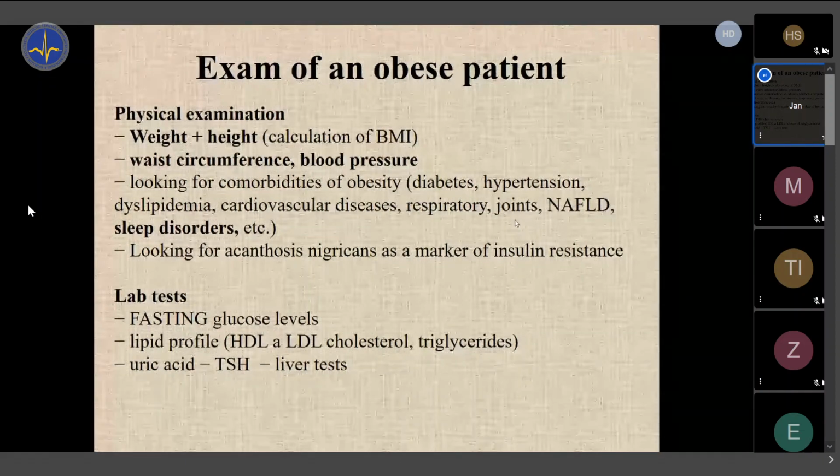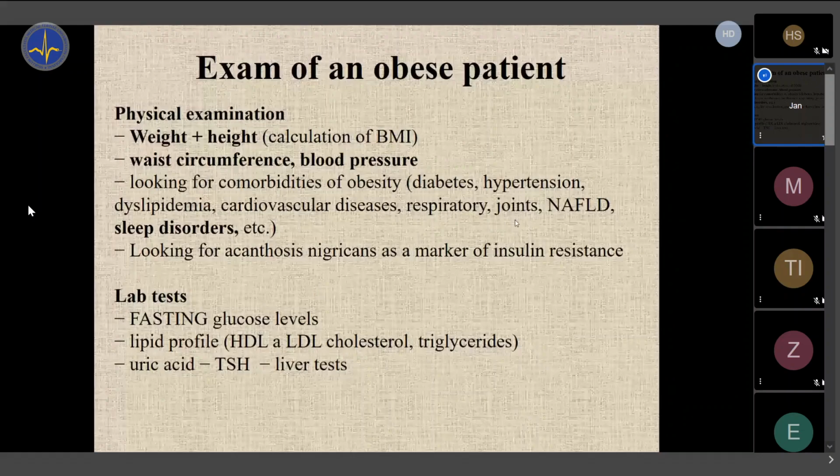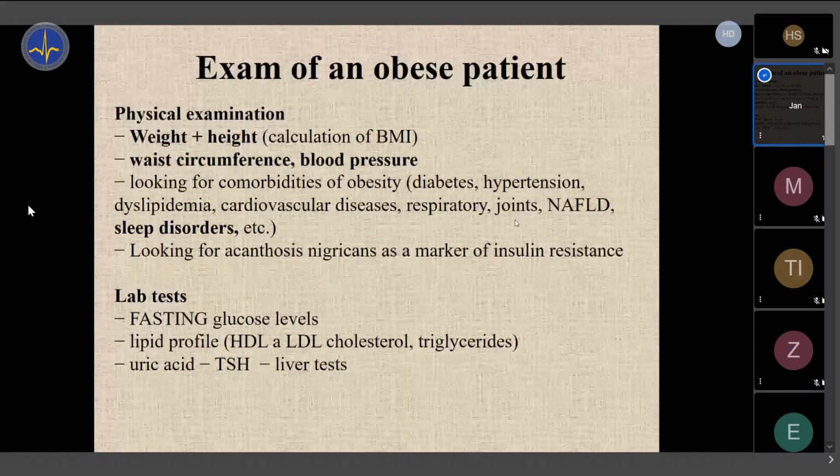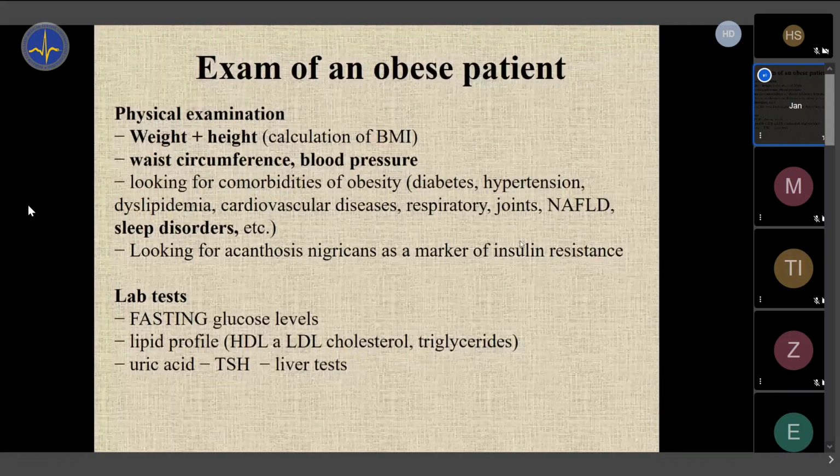It's not internal medicine, of course, but for the life of patients, the joints affection, the hip and knee arthrosis, is a huge impact, right? We will also investigate cardiovascular system, murmurs, etc. Sleep disorders, we should ask about sleep, because obstructive sleep apnea is present in many obese people, like 60-70% do not have good sleep. They desaturate during sleep, and there is a specific treatment for it. So let's ask about it.